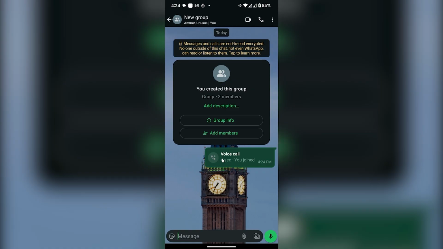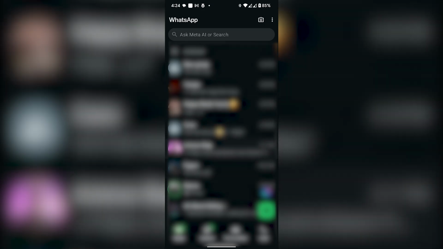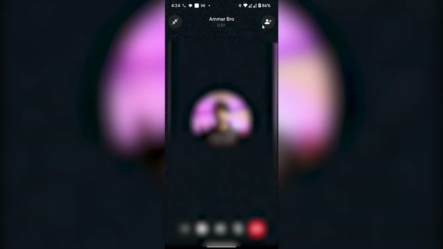So there's another way to make a group call. First of all, what you have to do is select any individual person in your chat and make a call with them. Once your call has been started, what you have to do is click on this plus button which